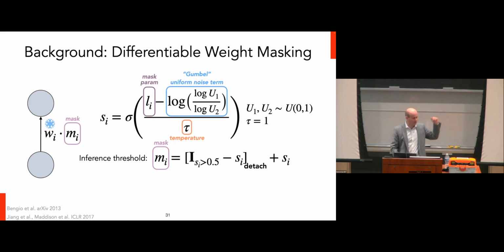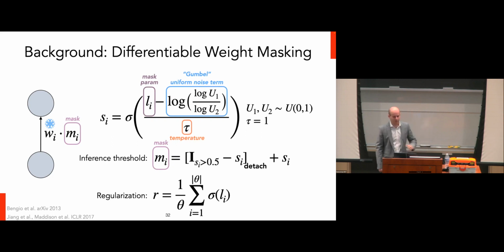And then to stabilize learning and not get stuck in a local minimum in the process, you also have this noise term when you compute the SIs along the way. And finally, we also have this regularization term that encourages the model to be as sparse as possible. Essentially, as long as you're reconstructing the subnetwork that you want, the mask parameters should be as close to 0 as possible, so that you come up with the sparsest subnetwork that you can imagine that completes the task that you're trying to do.